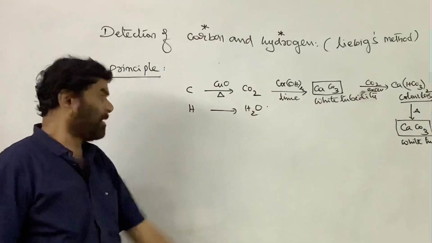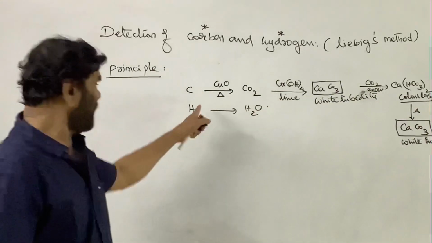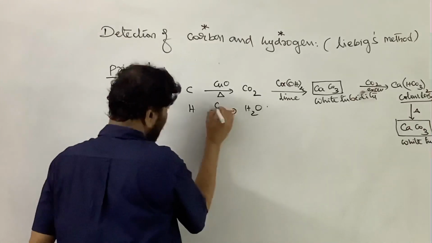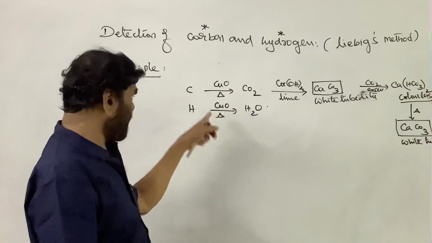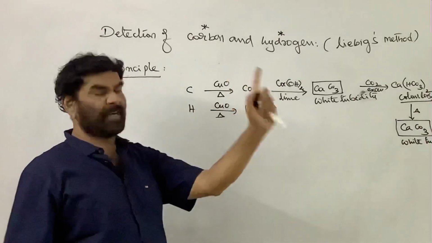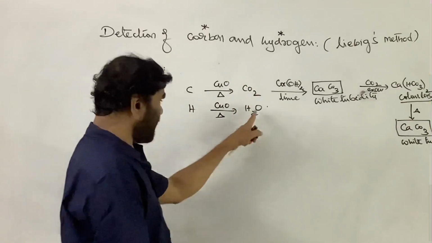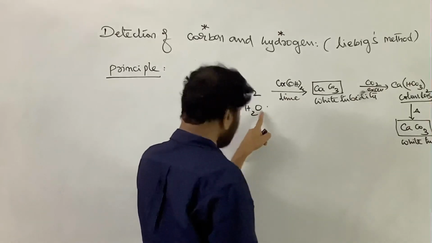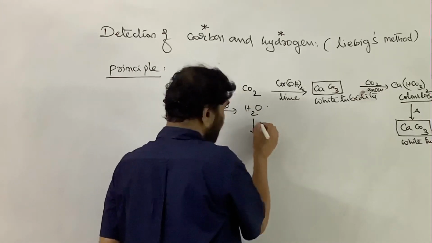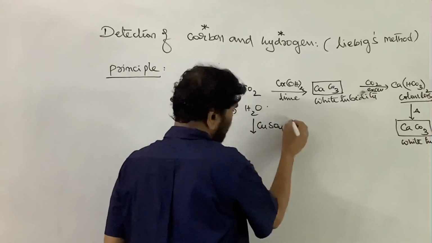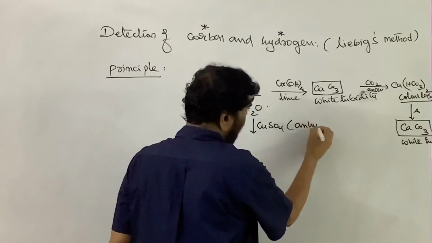Given an organic compound, under the same conditions, if the organic compound is heated with copper oxide, the hydrogen part of the organic compound is converted into H2O. The gaseous H2O comes out and is passed over the anhydrous